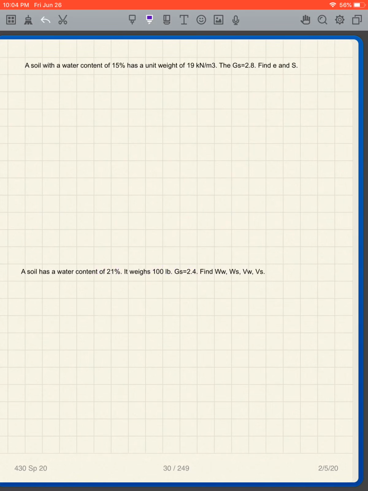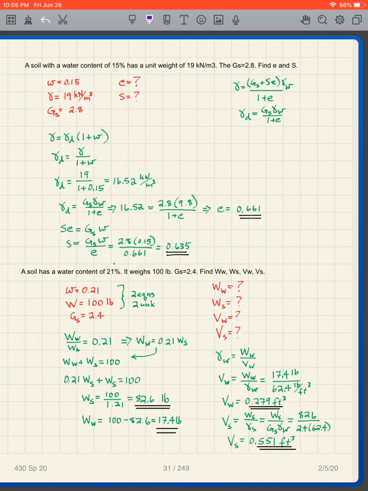I guess probably works better. Okay, I'm going to assume that you've solved both of these. I'll just go over them. Okay, so it's a good idea to write down what is